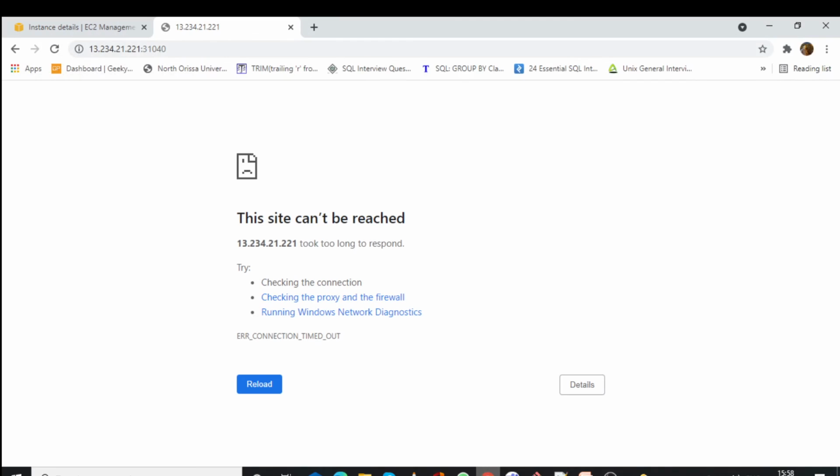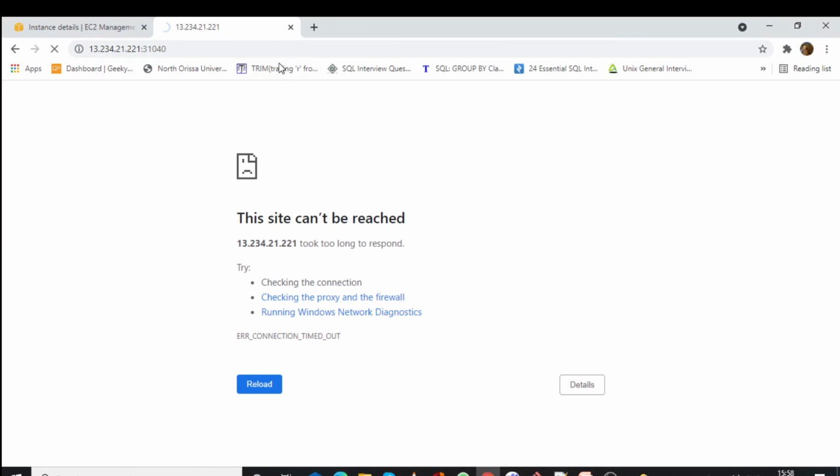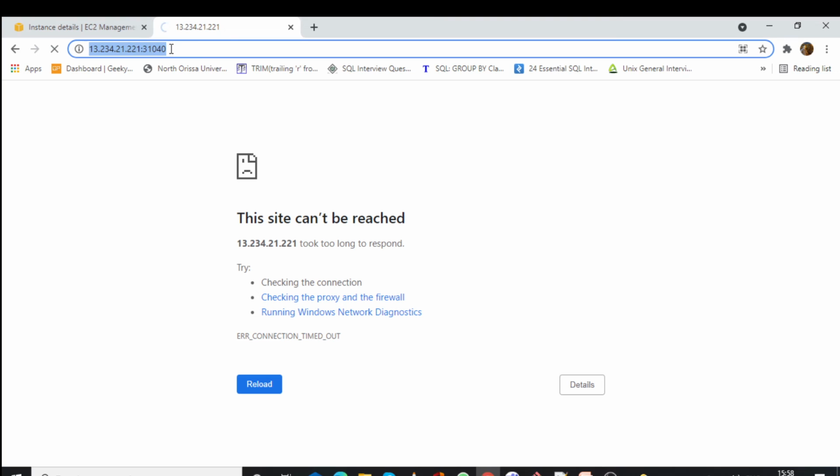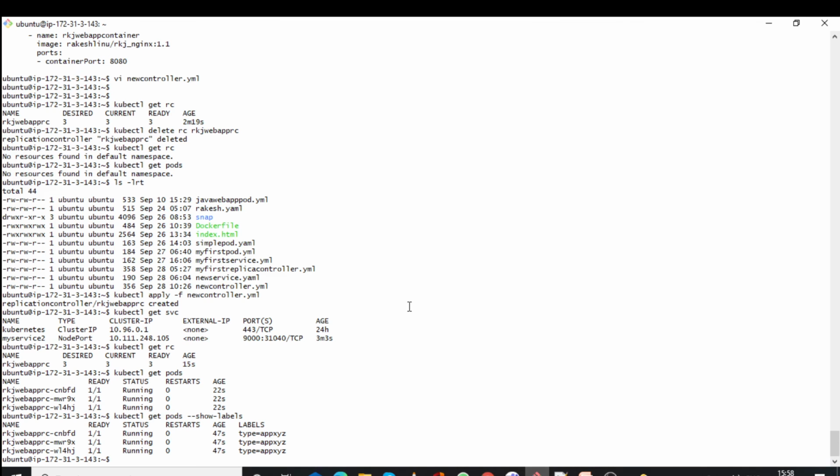So if you load the page, here we'll have to choose the port as 31040. Yes, it is there. So see, the web page is down, because this can only be identified by this label.